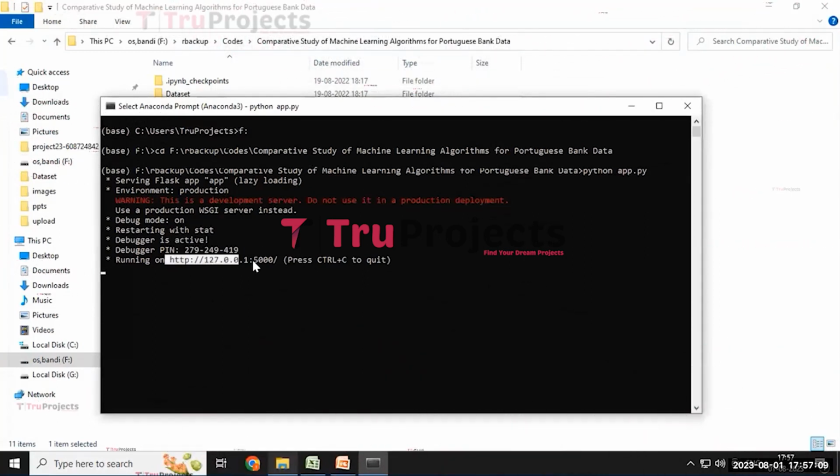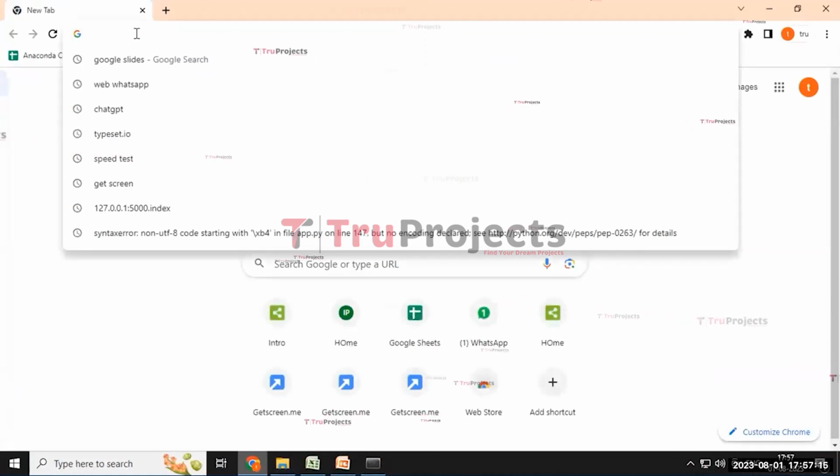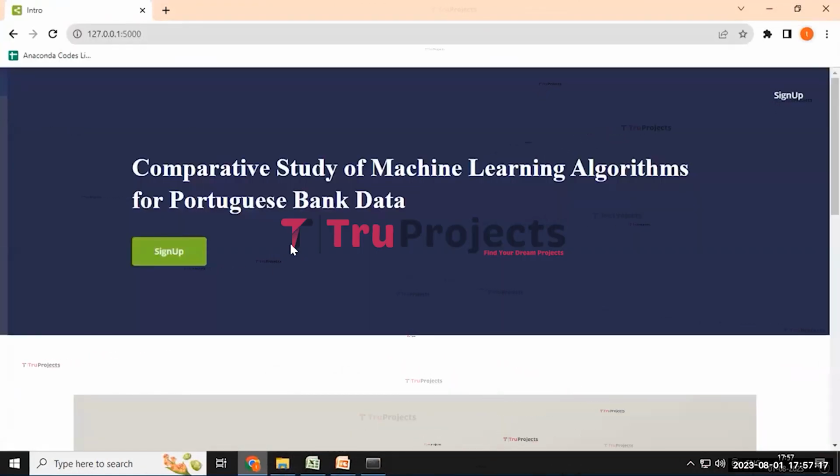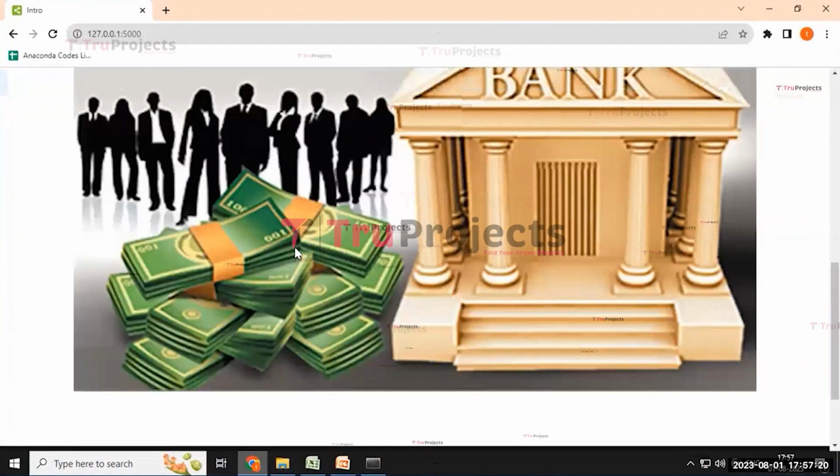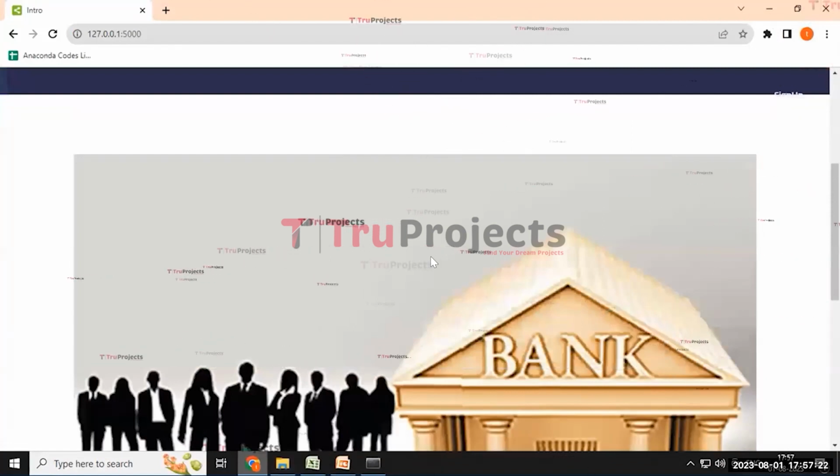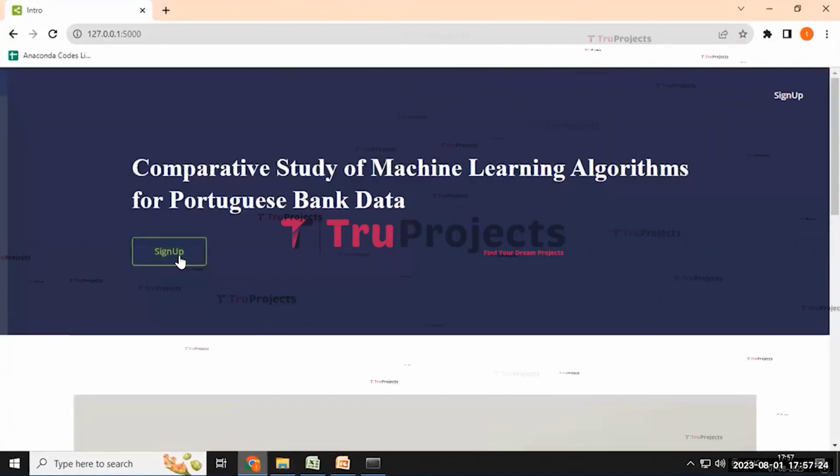We need to copy this local link and paste it in any web browser of our choice, and I prefer to use Google Chrome. I'm pasting this link and then clicking on the enter button. Here we can see the home page, and click on the sign up